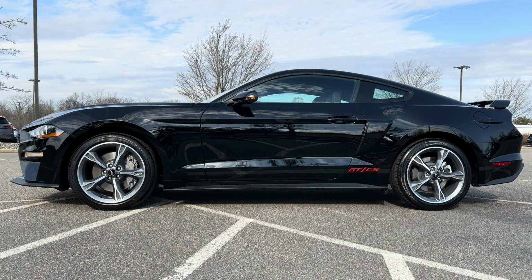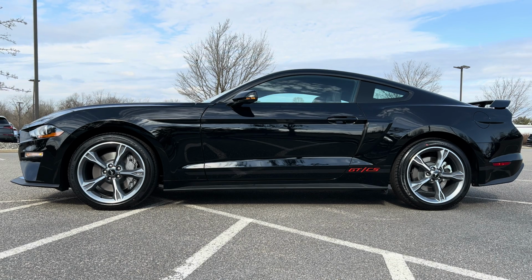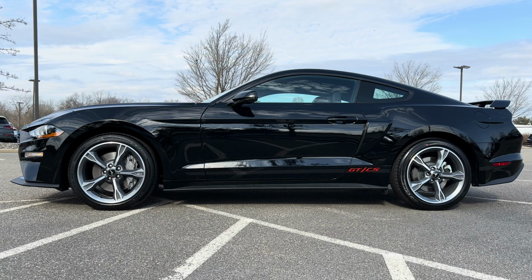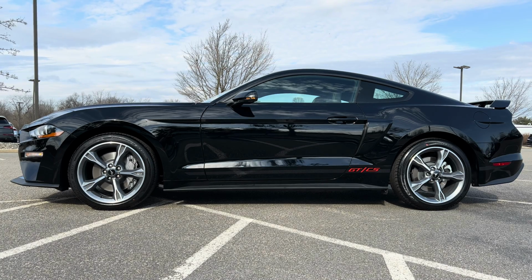Full side profile on this shadow black Mustang GT California Special. I love the S550 platform. We're at the end of the road for the S550. 2023 will be it, and then we're going to move over to the S650 platform for the 2024 Mustang, coming out most likely later in the summertime, early fall. But if you want one of these S550s, now's the time to get them, and this one just looks gorgeous